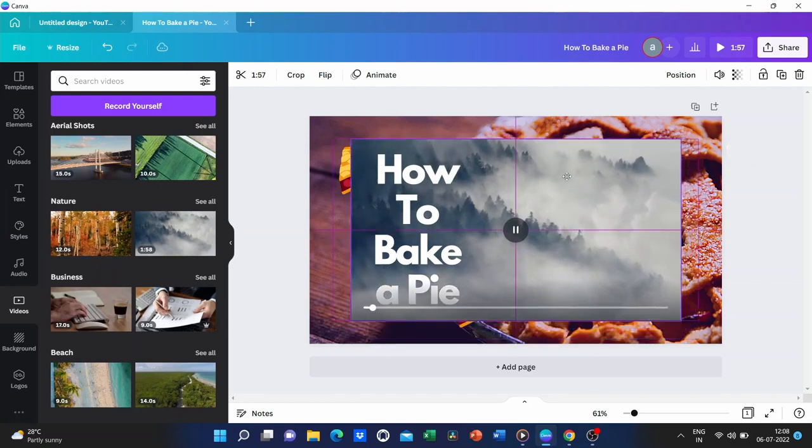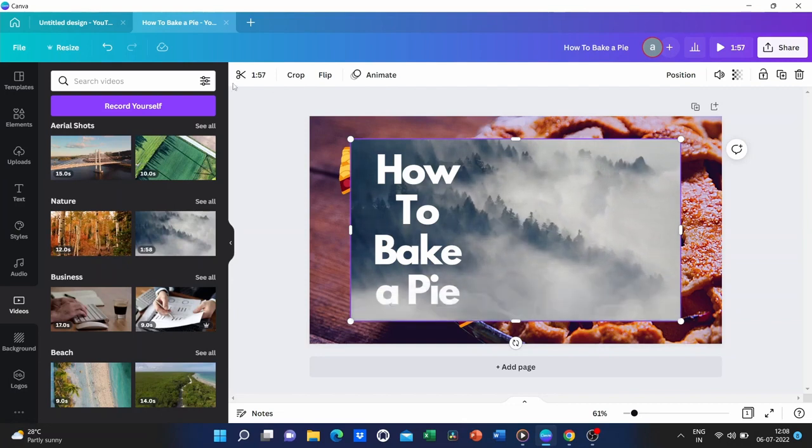You can add it the same way, just by clicking on it, and then the settings for this video will appear at the top. So you can crop it, you can trim it if you only want the first 3 seconds of the video, for example, and then hit done. And then you can also go ahead and modify the volume once again.